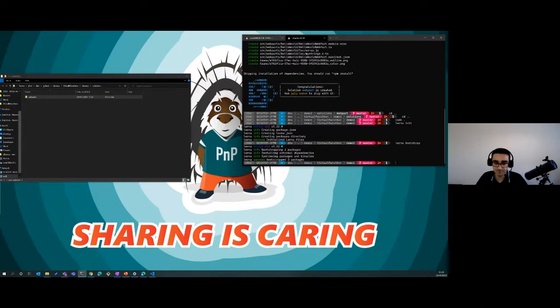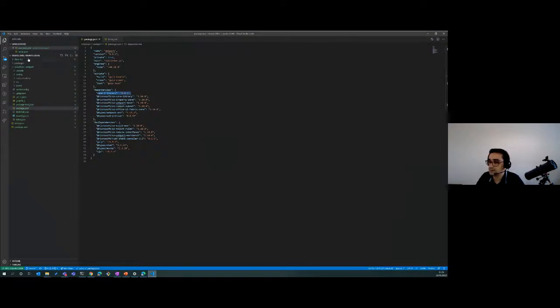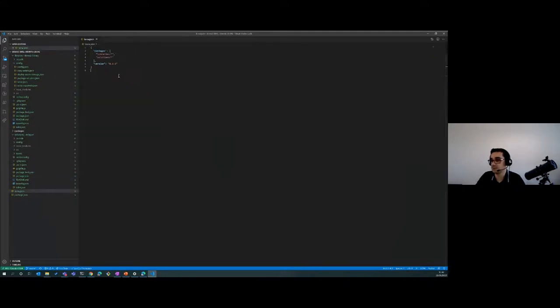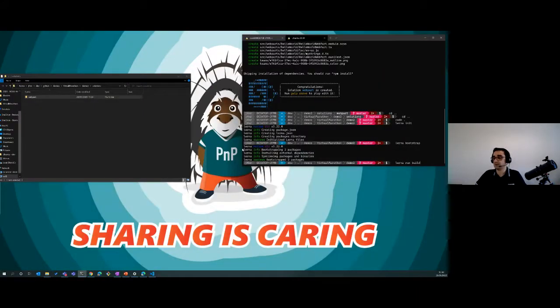I can now go and play with my solutions. If I run Lerna run build, I will still see an error because of the ports. So let's go to config on the library and let's change this to something that doesn't really matter. I'll just make sure you use a port that is not used. And now what Lerna can do for you is you can run commands that basically run npm scripts,